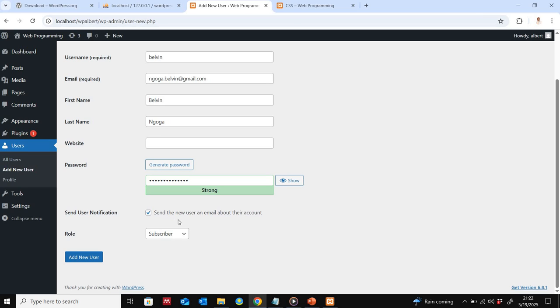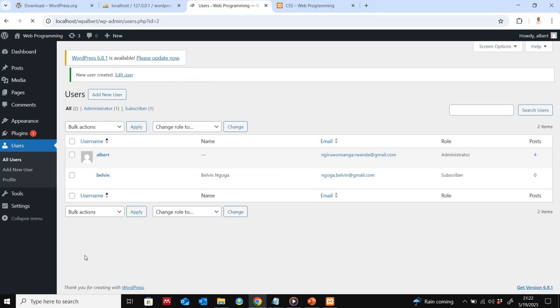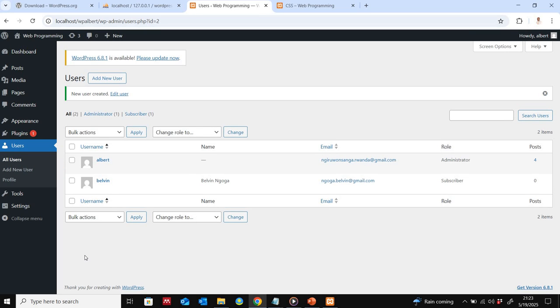So here the role can be also assigned to a new user, either as administrator who will be able to do everything, any change or whatever, author, contributor, and so on. So we can call subscriber, then add a new user. So let's try to log in as the new user. The name is